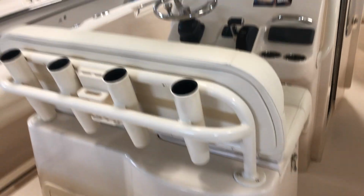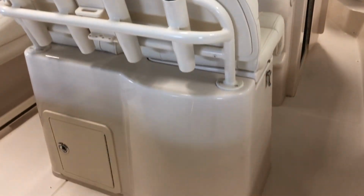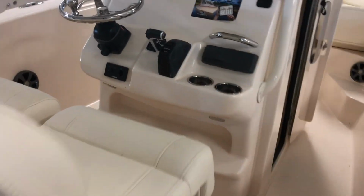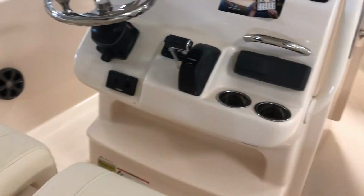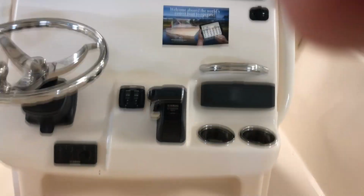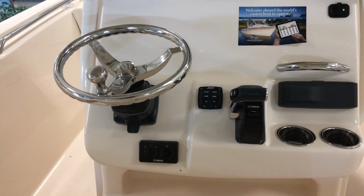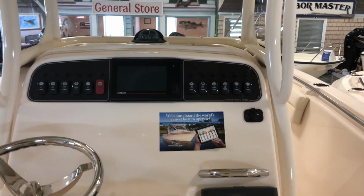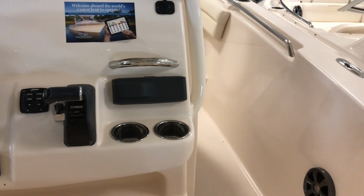Our 23 does have the deluxe leaning post with the live well, has a 4-rod rocket launcher on the back, has a live well under the seat. The helm, trim tabs, adjustable helm, has a new style Yamaha gauge. This boat does have the Fusion stereo system,